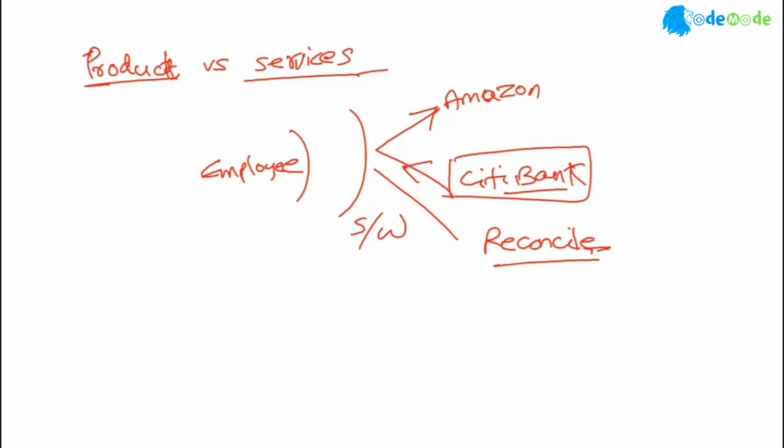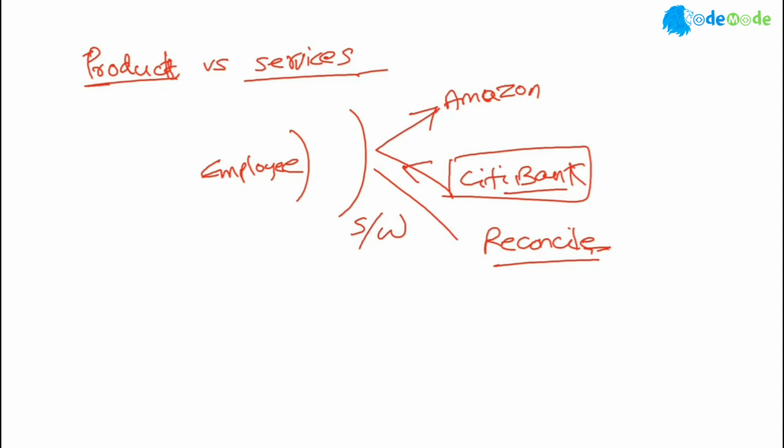Suppose I'm giving a kind of real example. You want to reconcile this, so you want to build software. This is at a high level. You as a customer, as a company owner, decided that, okay, I want to build software. Then you open it up for vendors.